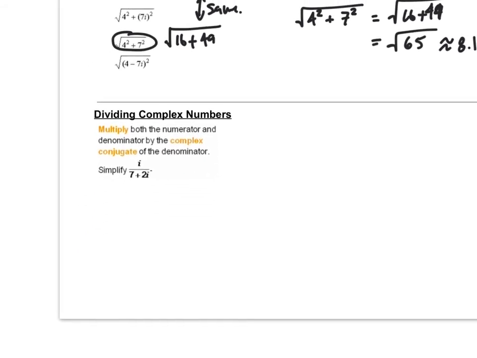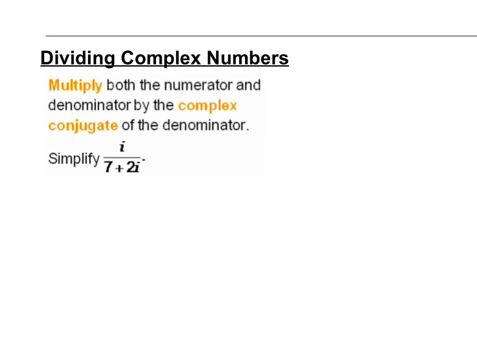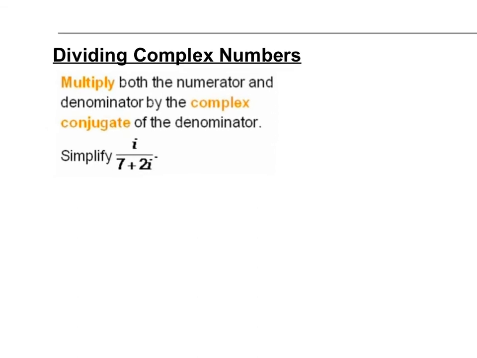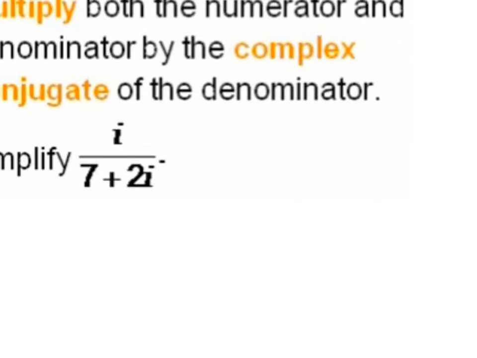The last thing I want to do is this thing called dividing complex numbers. Dividing complex numbers means that we want to simplify this. To simplify and get i out of our denominator, we want to multiply the denominator by the complex conjugate. We're going to do that to the top and bottom. And the conjugate, remember, is just the opposite. It's going to be 7 minus 2i. And then the top part, we're going to do the same thing, 7 minus 2i. The reason why we do that is